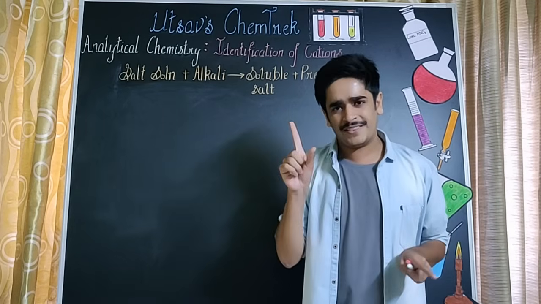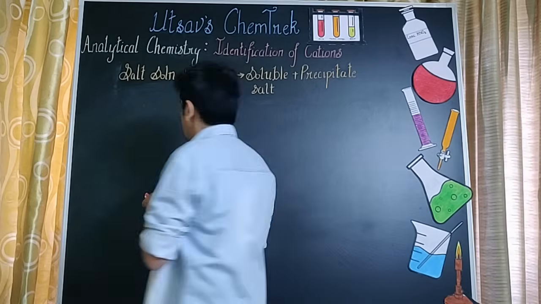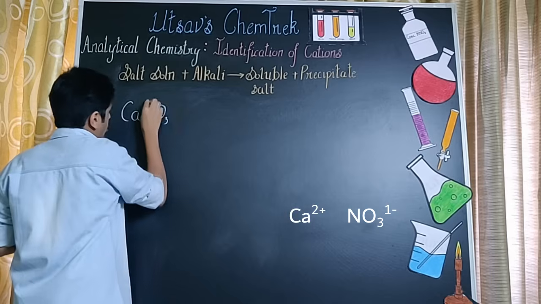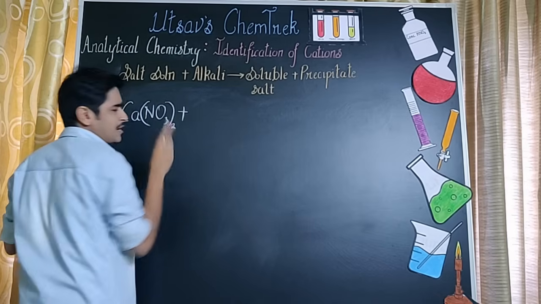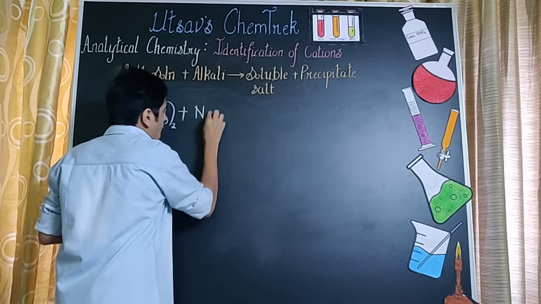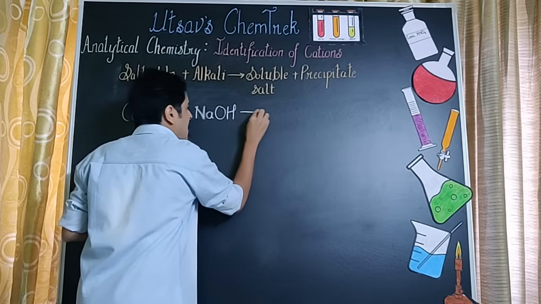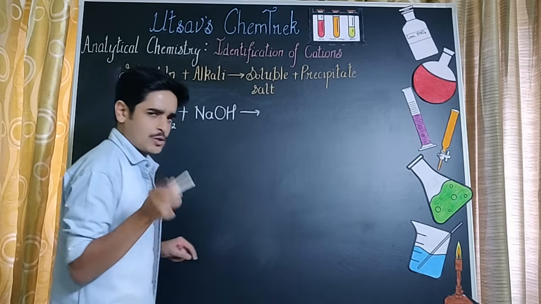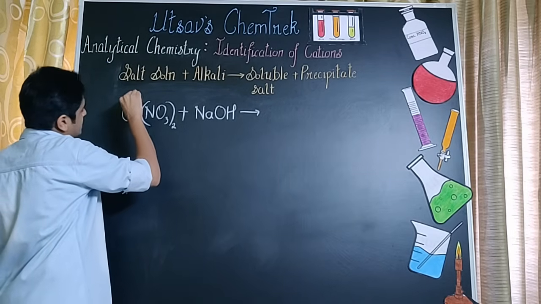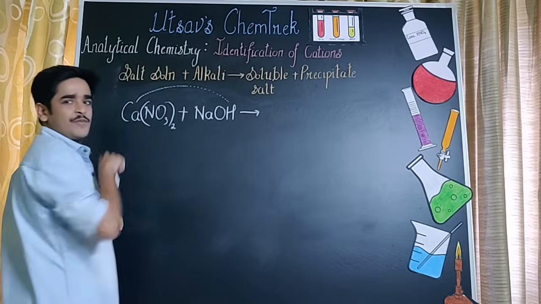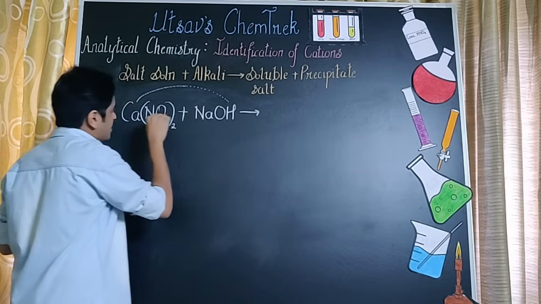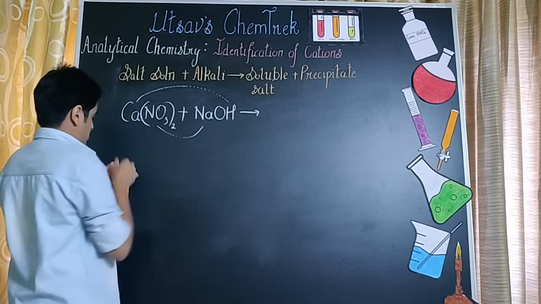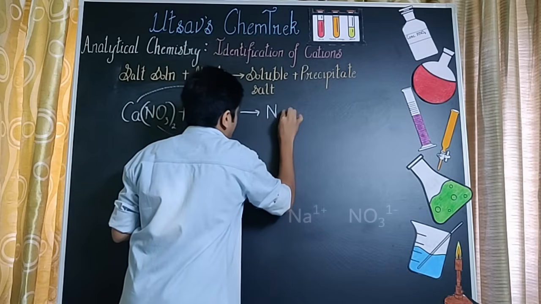The first salt that we are going to try this with is calcium nitrate, which is given by the formula Ca(NO3)2. Now शुरुआत करते हैं सोडियम हाइड्रोक्साइड से. Right now I am adding it drop by drop and understand that every single equation will be a double decomposition equation. जहाँ पे जरूरी ये है that the positive of the first goes to the negative of the second and the positive of the second comes to the negative of the first. अब आगे बढ़ते हैं. Na goes with NO3. So let's start. Here we have NaNO3.